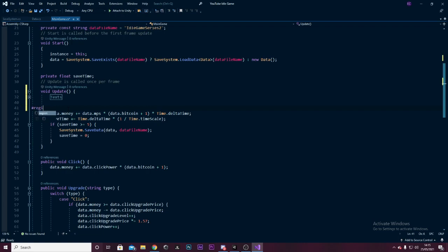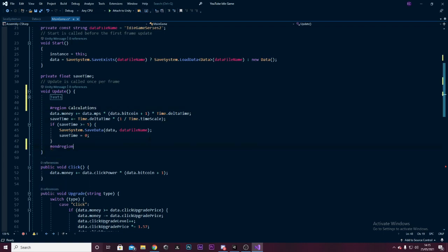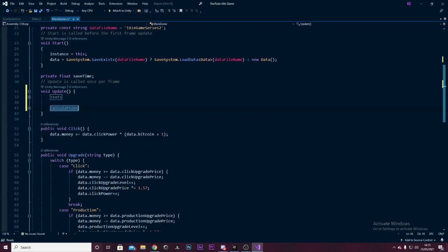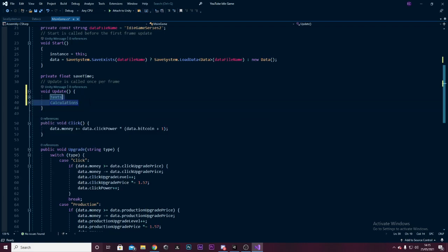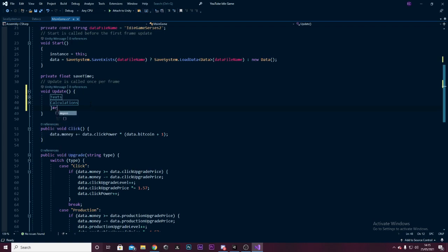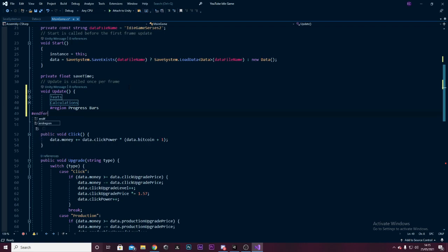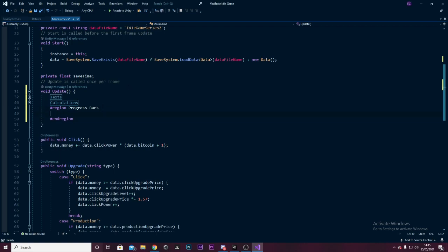Now let's just actually region out our update here. It's going to be calculations. Hashtag end region. There we go. Let's close that. We can put these two together now. Now let's do a hashtag region. Then this is going to be our progress bars. Let's do hashtag end region, and then in between this we're going to say if we're going to do data